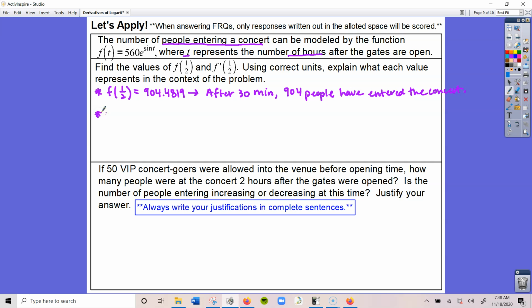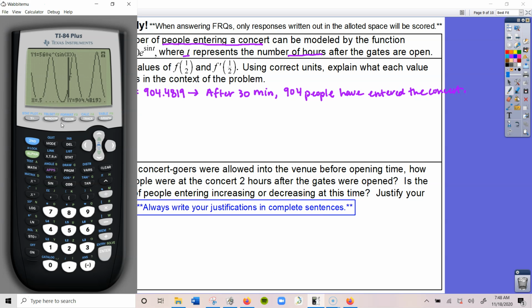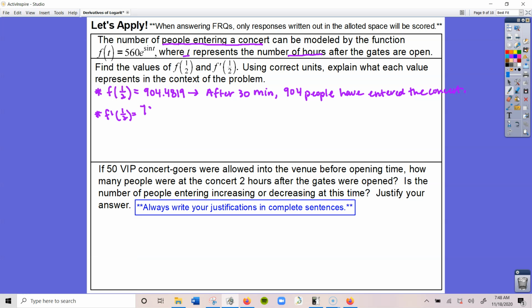Now I'm going to find f prime of 1/2. And again, this is just the calculator. It does it for us. So I'm going to come here, go to second calc, and now I'm going to click on dy dx, and I'm going to put 1/2. And I get 793.7573. So f prime of 1/2 is